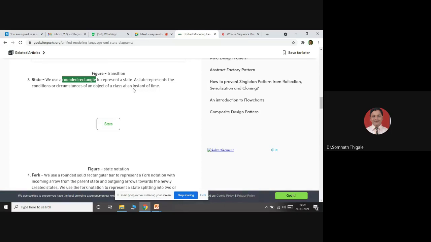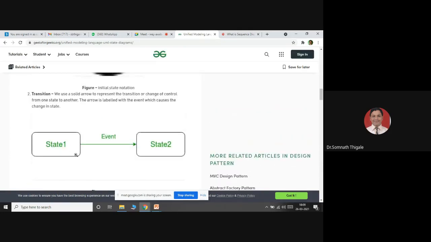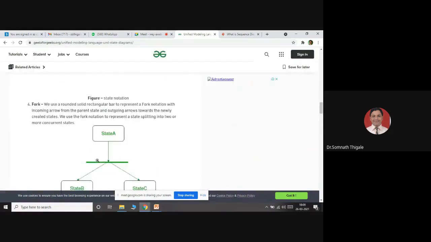For a specific time or specific condition, to represent the state we use the rounded rectangle. Transition means moving from one state to another state. What is an event? An event is something that happens and may cause a transition. Is this part clear?